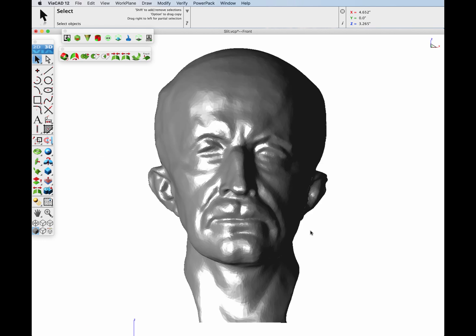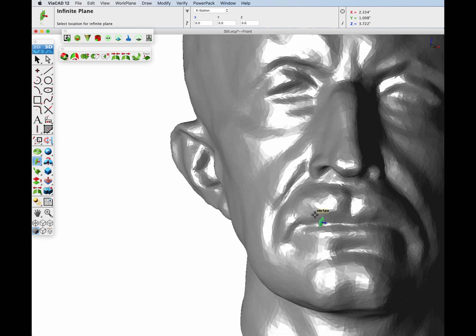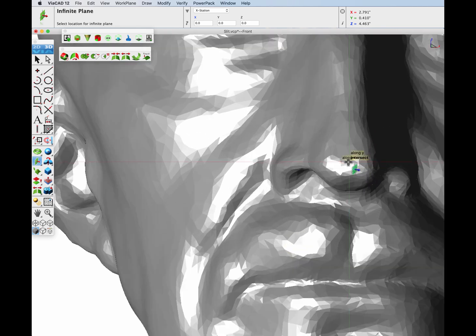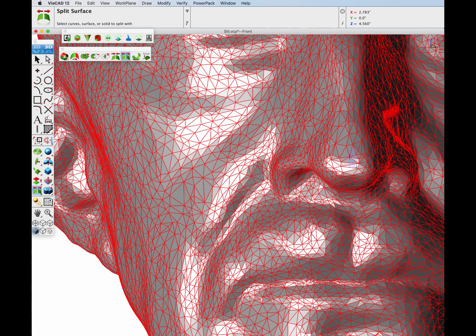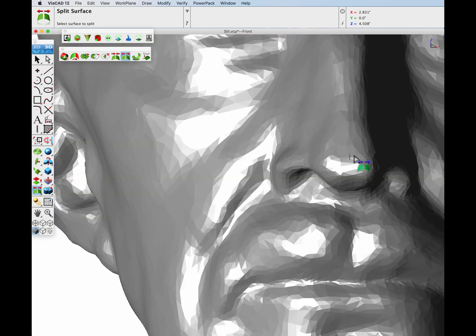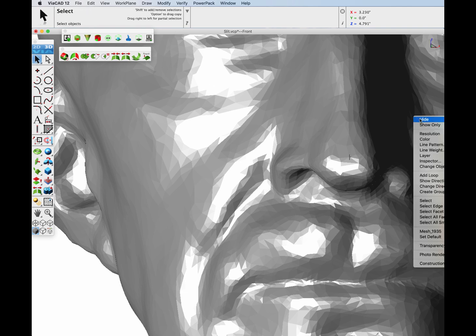Now let's jump into the front view, and let's place another cutting plane across the center of our statue. And this time we'll select an X station, and we're going to put it along the nose here. And again, select the split tool, select the mesh, select the cutting plane, and let it slice the head into two pieces. Again, we'll go to the select tool, we'll hide a portion of the mesh,